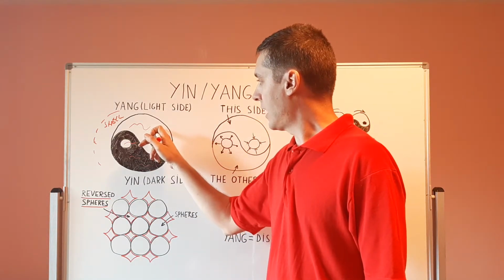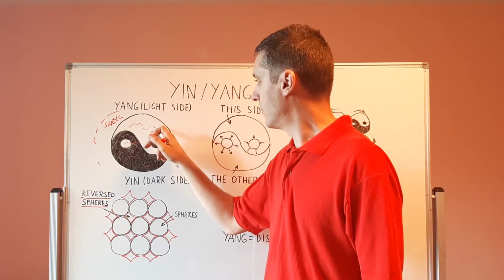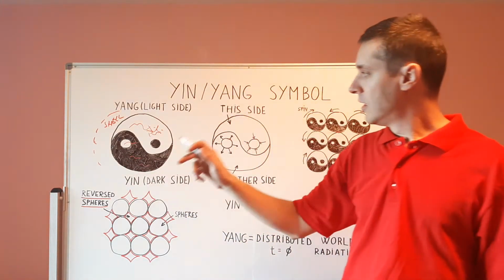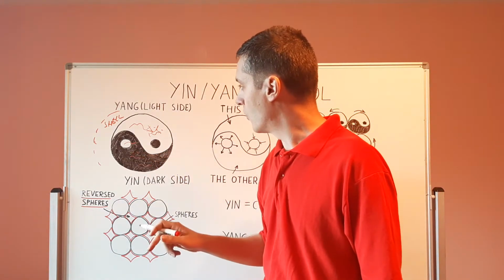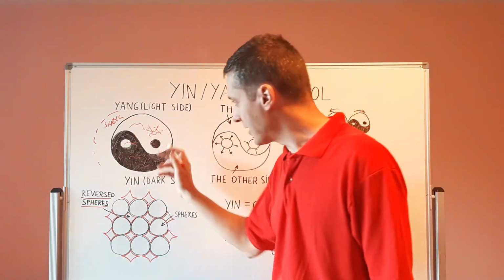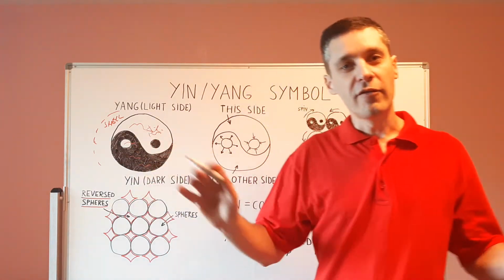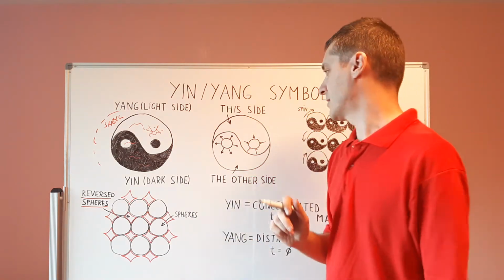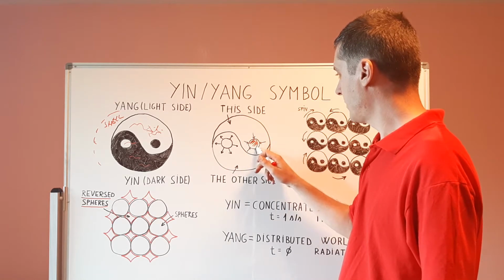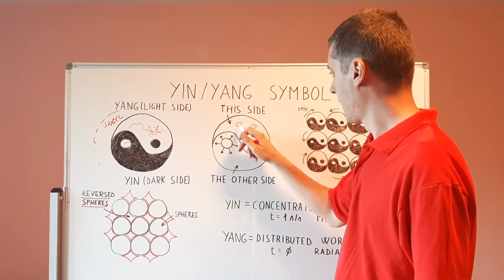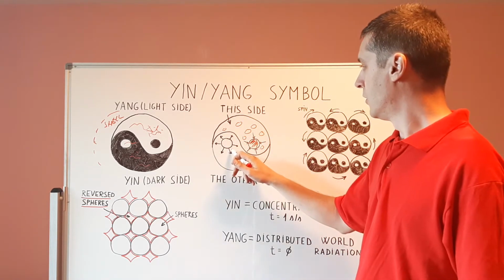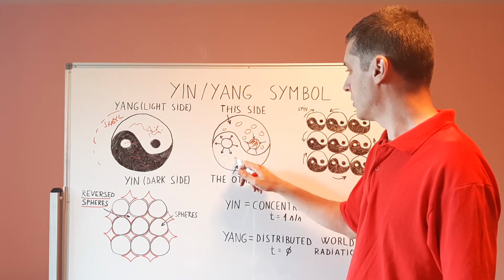It's not like we have the galaxies here, where we have the clusters and the filaments, and somewhere far into the universe, there is another universe here, another zone, which we have not reached yet. It's not like that. This is a metaphor. These two zones are everywhere, right now in this room, and it is like this. There is a concentrated world, if you want, and this is mass. It's a world of spheres. And there is a distributed world, which is the world of radiation.